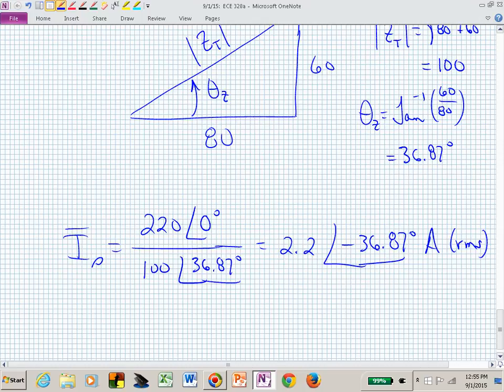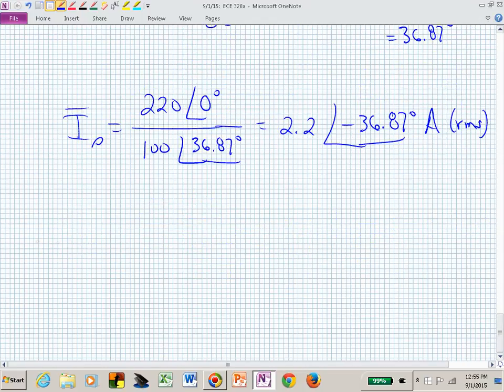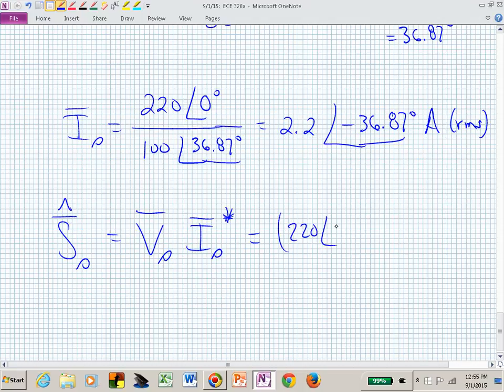Now we have all we need to compute the complex power, and I think I'm going to use it as the supplied power. So this one I had the caret on top of, I believe, right? So this is the supplied power. I'm going to call that then V sub S phasor times I sub S phasor conjugate. This is now 220 at 0 degrees and 2.2 at